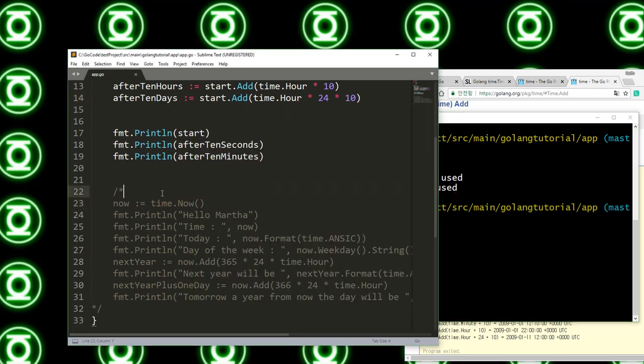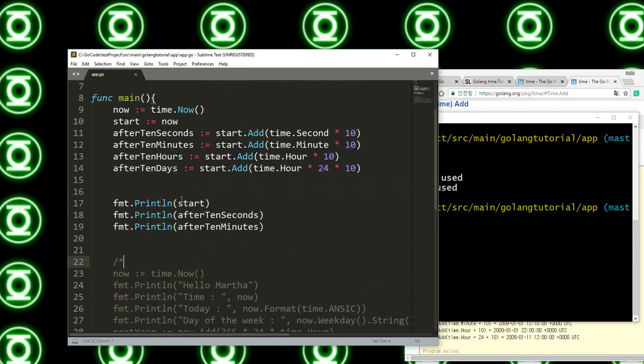It says declared and not used, so I didn't use it again here. So I'll do copy,